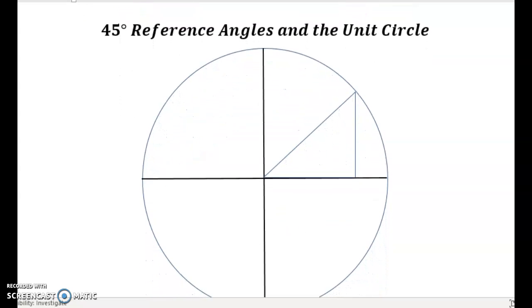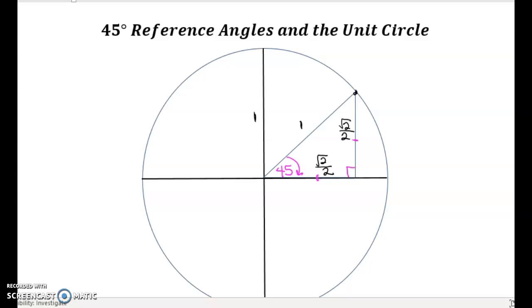We're going to talk about reference angles that are 45 degrees. Remember, the reference angle is the shortest distance to the x-axis. So what I've done is I've brought my 45, 45, 90 into the circle. This circle is called the unit circle because the radius is 1 unit long. If it's 1 unit long, then that makes our sides the square root of 2 over 2, square root of 2 over 2,